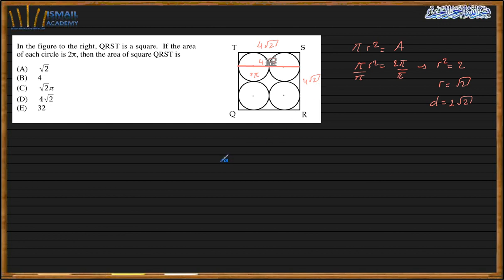Now, what's the area of the square? It is side times side. So the area is 4 square root of 2 times 4 square root of 2, which is going to give me 16 times 2, which is 32, because square root of 2 times square root of 2 is 2. 4 times 4 is 16, and it's 32. So E is my